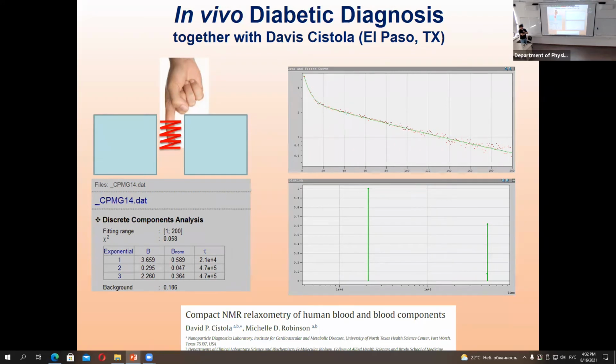And out of this database, he analyzed who of them got the diabetic disease after. Based on the analysis of the relaxation, he was deriving 2 or sometimes 3 components from the relaxation curve with the different relaxation times. He built the model that can predict whether you are in the risky group for diabetes or you are not